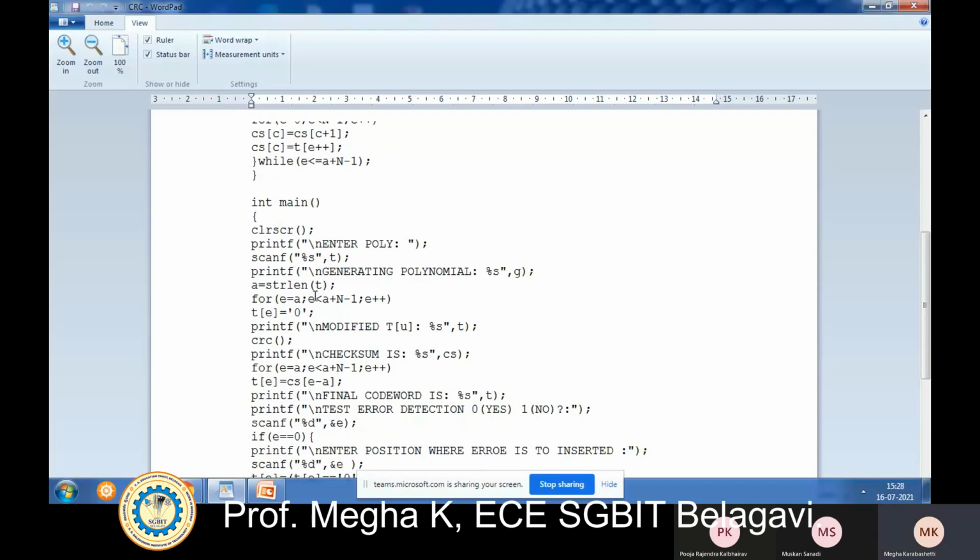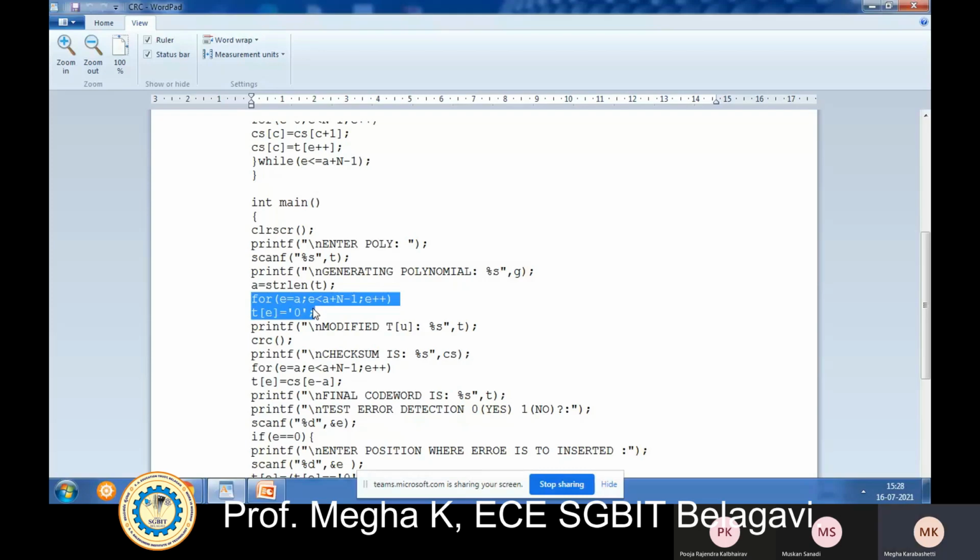Where should it start? It should start from the end of the data word. If there are 4 bits in the data word, we should start appending zeros from the 5th bit. So I have taken E equal to A, where A means the length of the data word, and E less than A plus n minus 1, E plus plus. I have declared a loop here. So T is equal to 0.